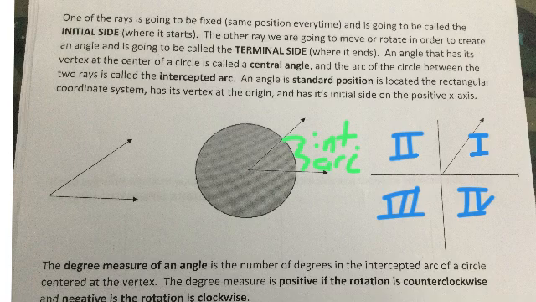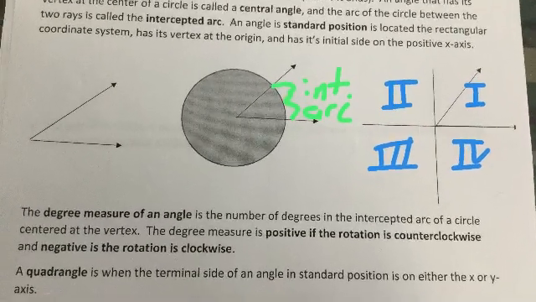An angle is in standard position if it's located on the rectangular coordinate system, so that's just the xy plane, has its vertex at the origin and its initial side on the positive x-axis. So that's kind of everything I talked about. I kind of jumped the gun. Okay,